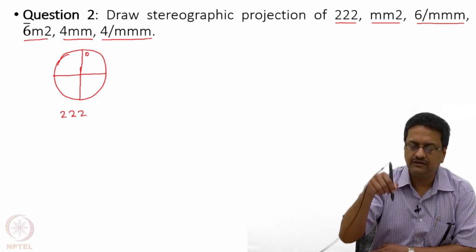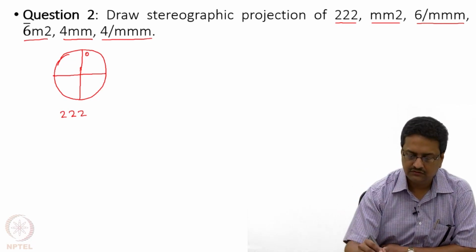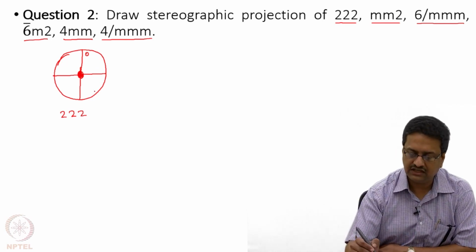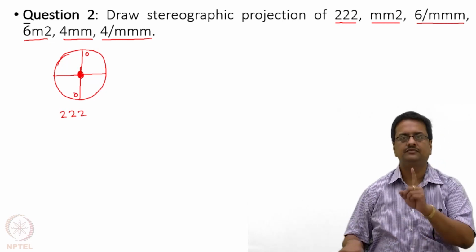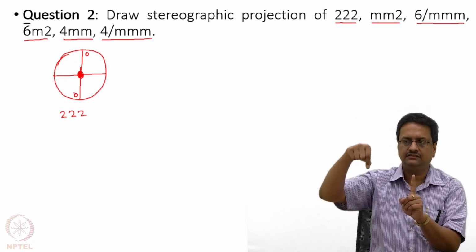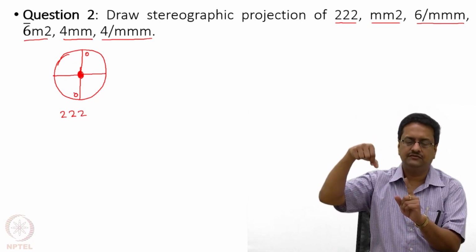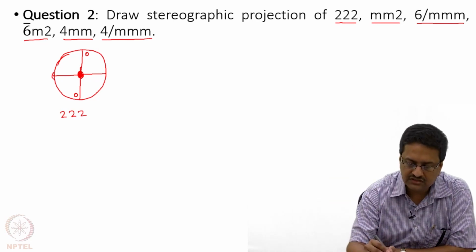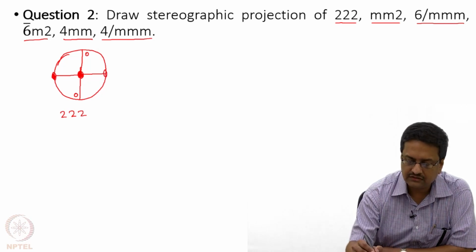So now if I have a twofold passing through the center, that means perpendicular to the plane of projection, then this open circle should remain as open circle because it stays in the upper hemisphere, because this is a twofold. The object is here, it rotates like this and still stays in the upper hemisphere. Then if I apply a twofold which is on the equatorial plane or on the equator like that,